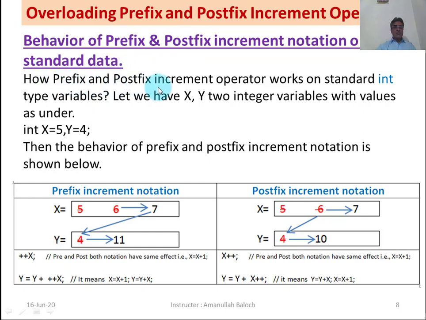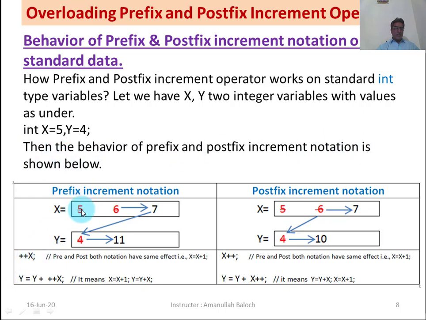Prefix and postfix increment operators work on a standard int type variable. Let we have x, y, two integer variables with values as under: int x is equal to 5, y is equal to 4. These are the two values. Then the behavior of the prefix and postfix increment notation is shown below.